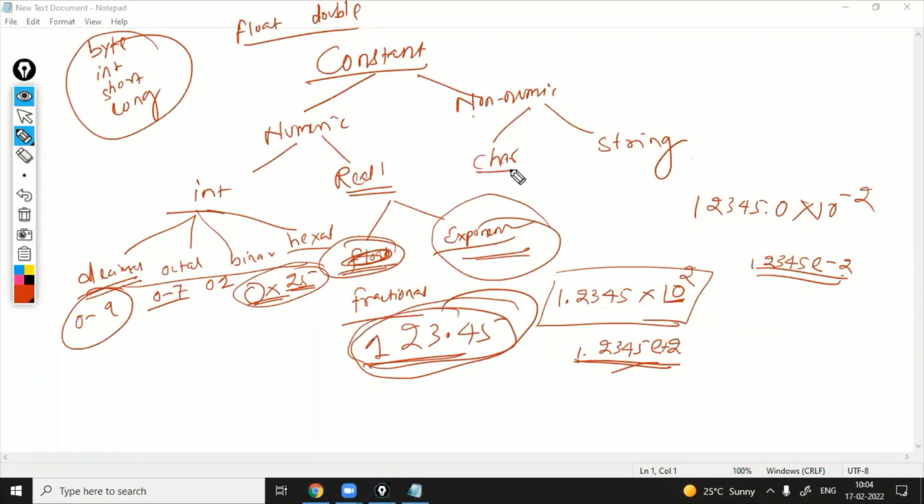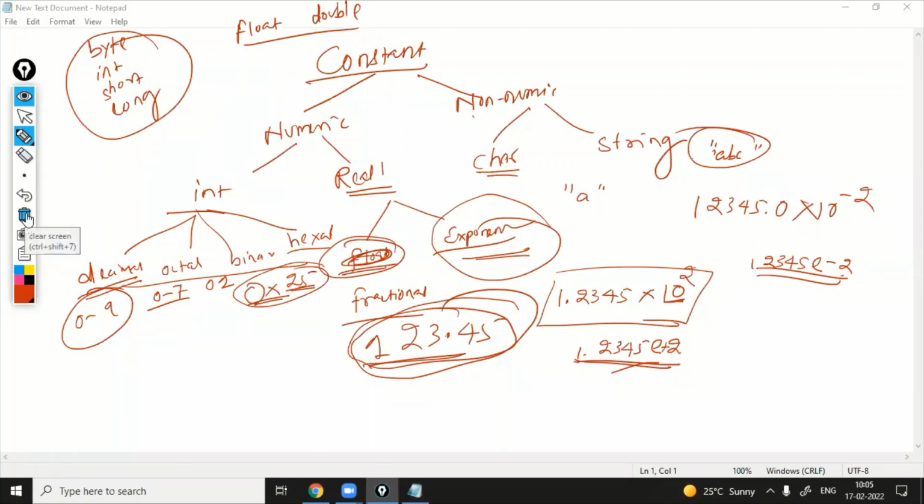Constant count. Then character, you know how to write a character. For a character constant, you have to write single quote or double quote like this. And a string also, like I can write ABC in double quotes. So this is a string constant. You know everything. So the constant part, I think is over. You already studied everything in C programming. This is just the revision I did here. So please go through it in detail, be ready for the programming, and you can design your own variables and constants. Okay. So this part is over.